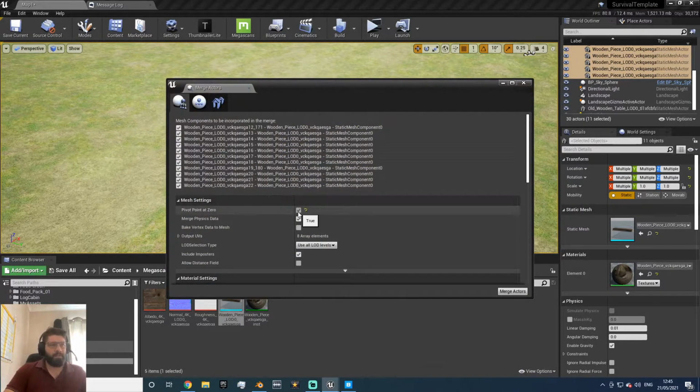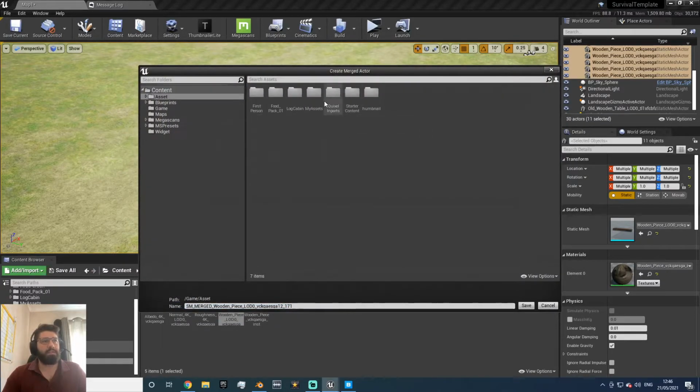Now this is the point I was making about putting it at 0, 0, 0. This box's pivot point is at 0. Because if you don't tick this, it'll get either the last one or put it in a silly place, and that's going to be really difficult to work with when we are coding. It's not that it won't work, it just means you'll have to do twice as much work to make it snap and look good in the game. So if we tick this and then merge actors,